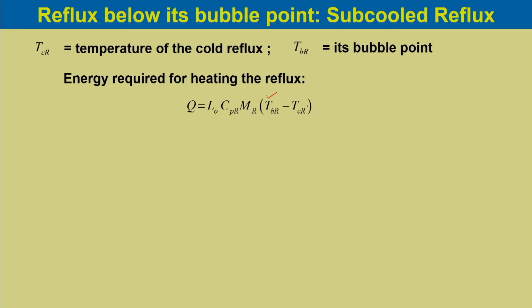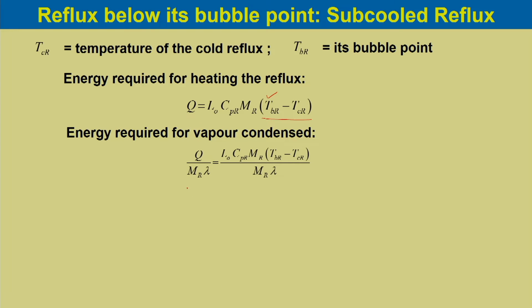So, the bubble point temperature minus the cold reflux temperature is the temperature difference, and for the energy required to condense vapor we can divide by MR lambda on the left hand side. So, it will be L equals Q by MR lambda, which is equal to L naught CPR MR (TBR minus TCR)